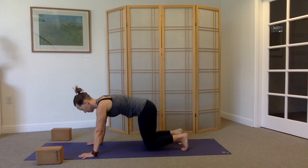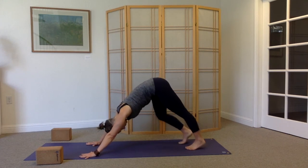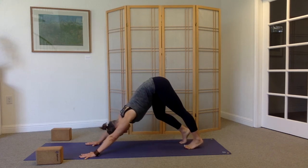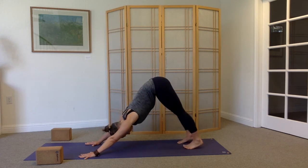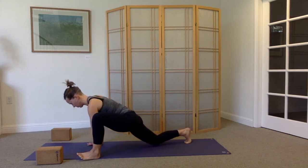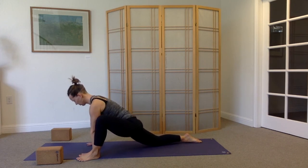And just take a moment and bend and straighten the legs, pedal out the legs, maybe flutter your lips or shake your head. And then we'll step the left foot forward to the outside of the hand, back knee to the earth. So for these lizard variations again, let's start with the left foot forward, sole the foot on the earth,